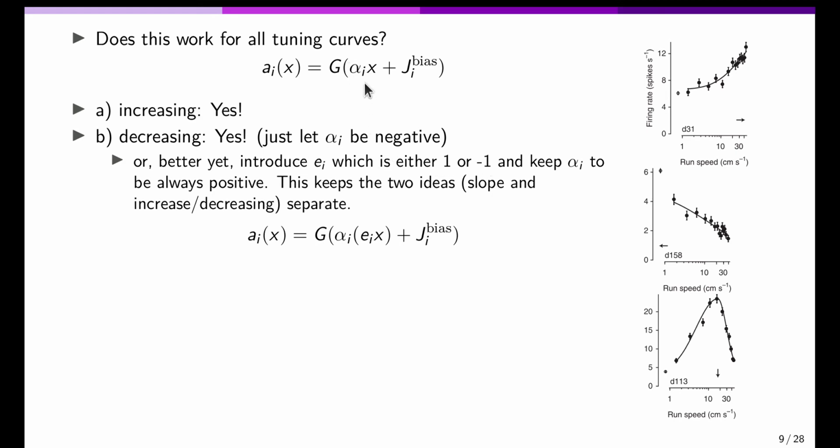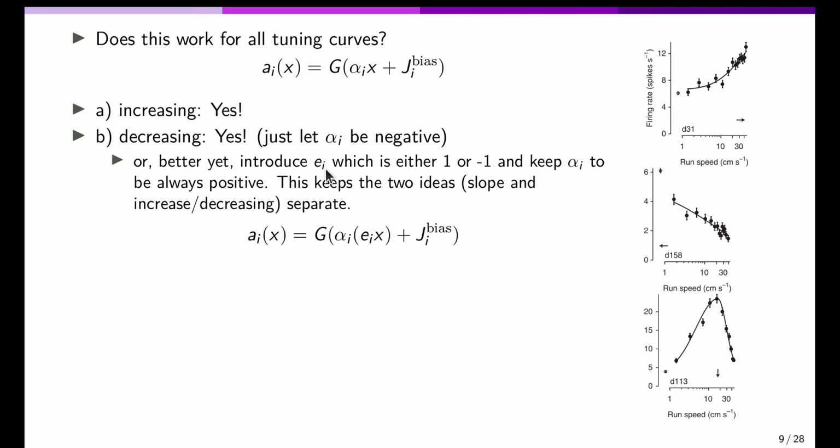Instead of allowing gain to be negative, we're going to do something slightly subtler, which is going to simplify life later on. We're going to say, look, this gain factor is much more about telling us how sensitive this neuron is. Let's keep that separate from this more fundamental idea of, does this neuron like positive numbers or does this neuron like negative numbers? Those are two pretty separate concepts. Let's not combine them together into one variable, this alpha. So instead, we're going to constrain alpha always to be positive,